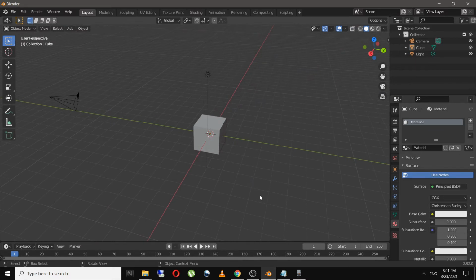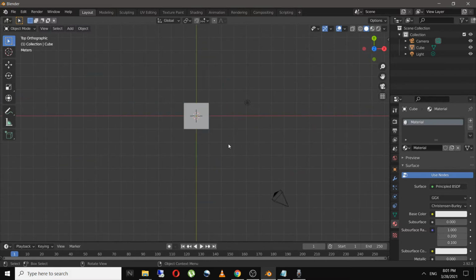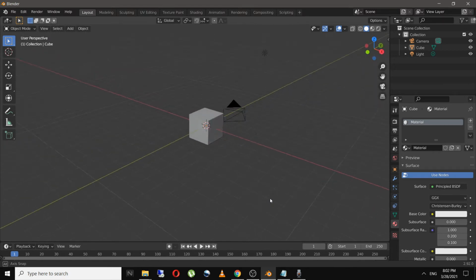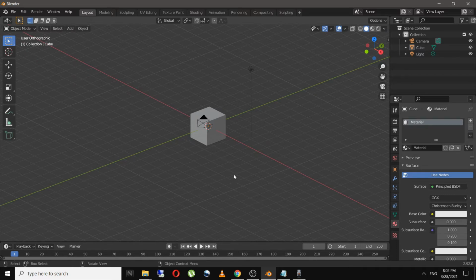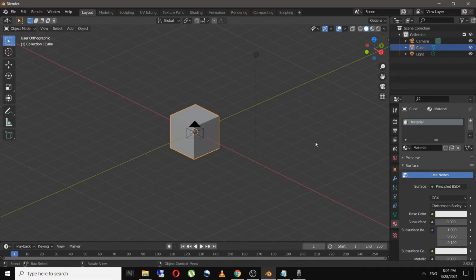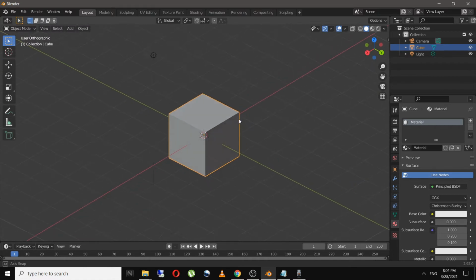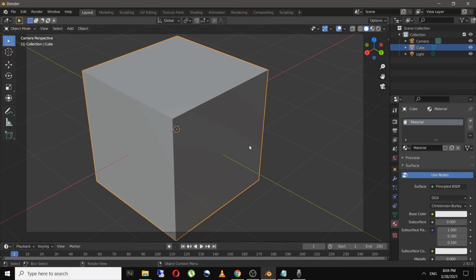Now you can view your viewport from different angles. If you click on 7 on your numpad, you will see the top view. If you click on 1 and 3, you will see the front view and side view. And if you click on 5, you will see the orthographic view. If you press 0 on your numpad, you will switch to camera view, and this will show the camera perspective. And for example, if you don't like this view, you can go into this view and press Ctrl Alt and 0, so your camera will automatically position itself to that view.